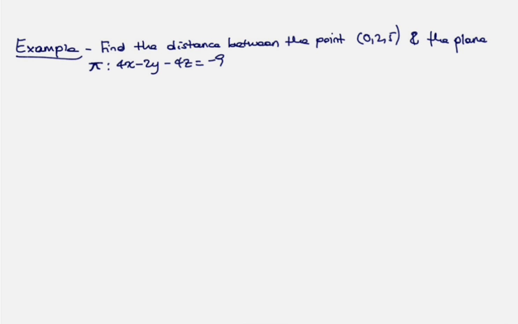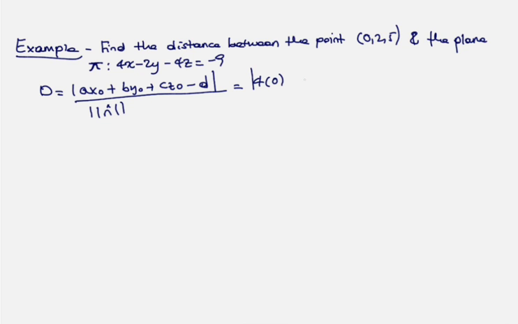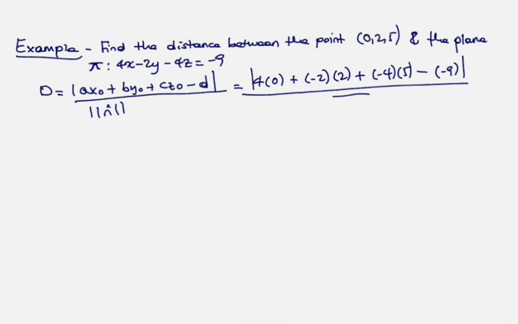ስለዚህ ይሄንን በደንብ ክላሪፋይ ለማድረግ አንድ ኤግዛምፕል እናያለን። ሾርትከት ሜተዱን ስንጠቀም ሾርትከት ሜተዱ ምንድነው የሚለው፣ our distance d is equal to the absolute value of ax naught plus by naught plus cz naught minus d over the magnitude of the normal vector። ስለዚህ ይሄ ማለት a ማለት 4 ነው into 0, still absolute value ውስጥ ነው, plus (-2) times 2 plus (-4) times 5, minus our d is minus 9, over the square root of 4 square plus 4 square plus 4 square, that is 16 plus 4 plus 16